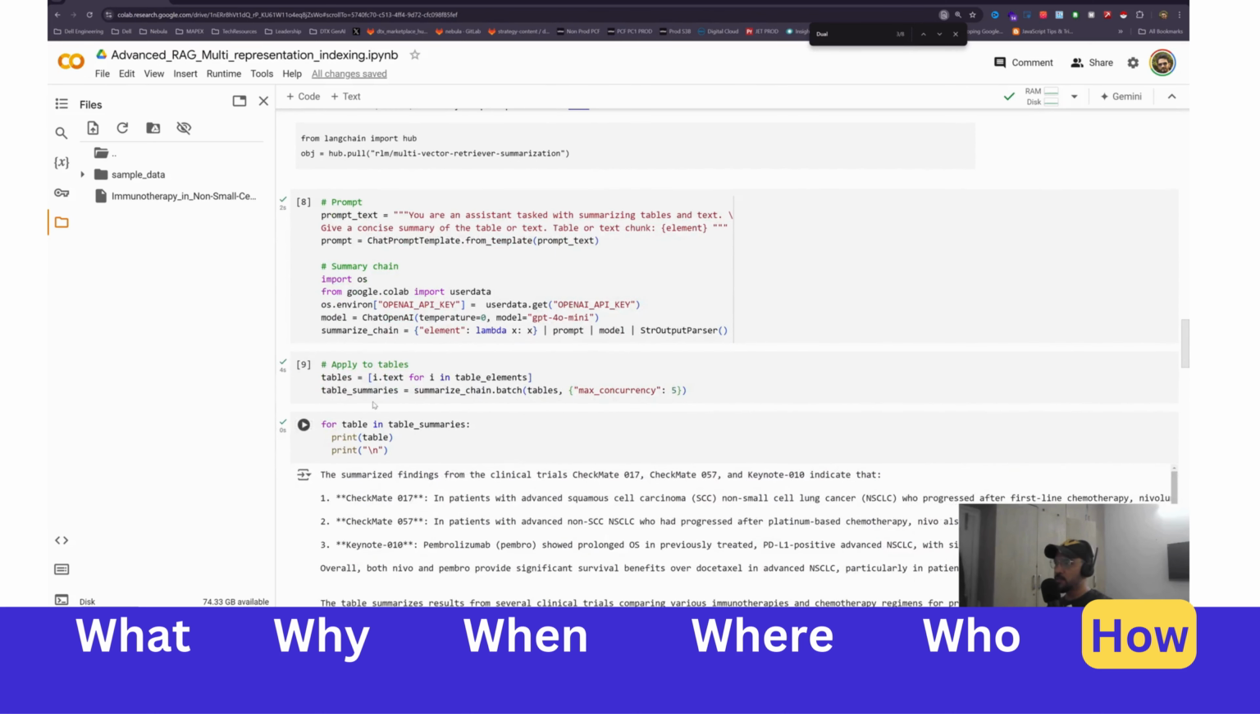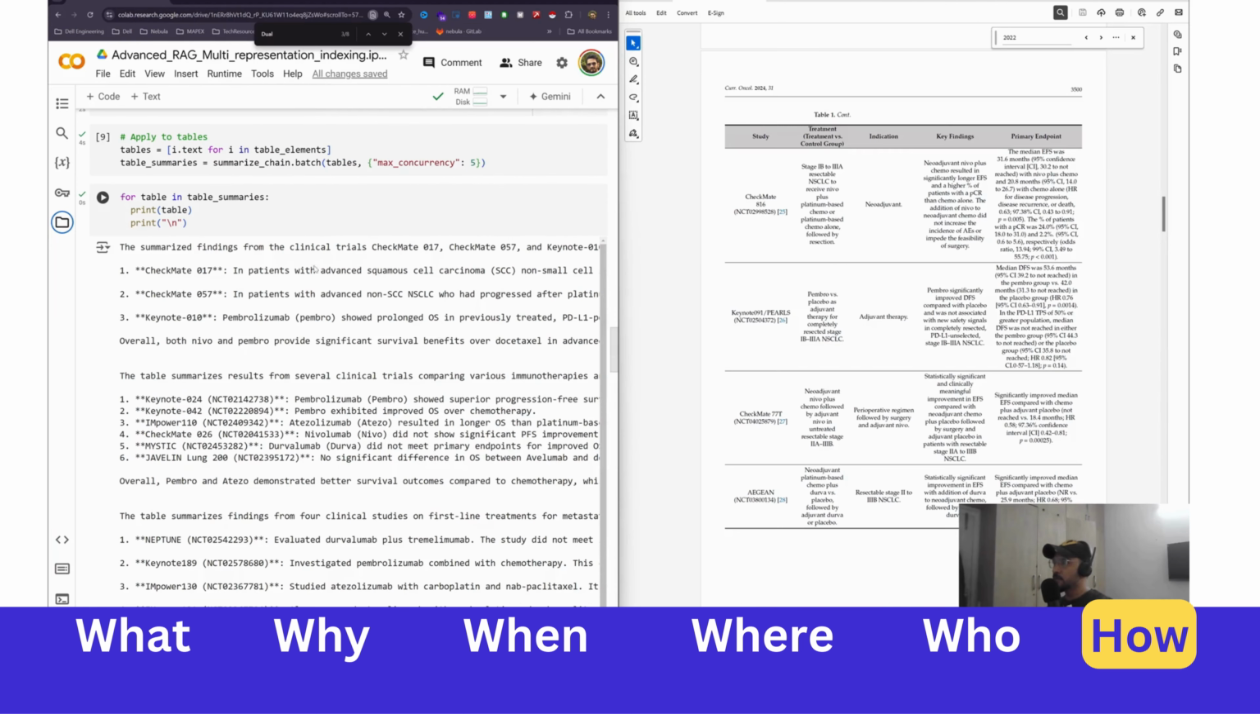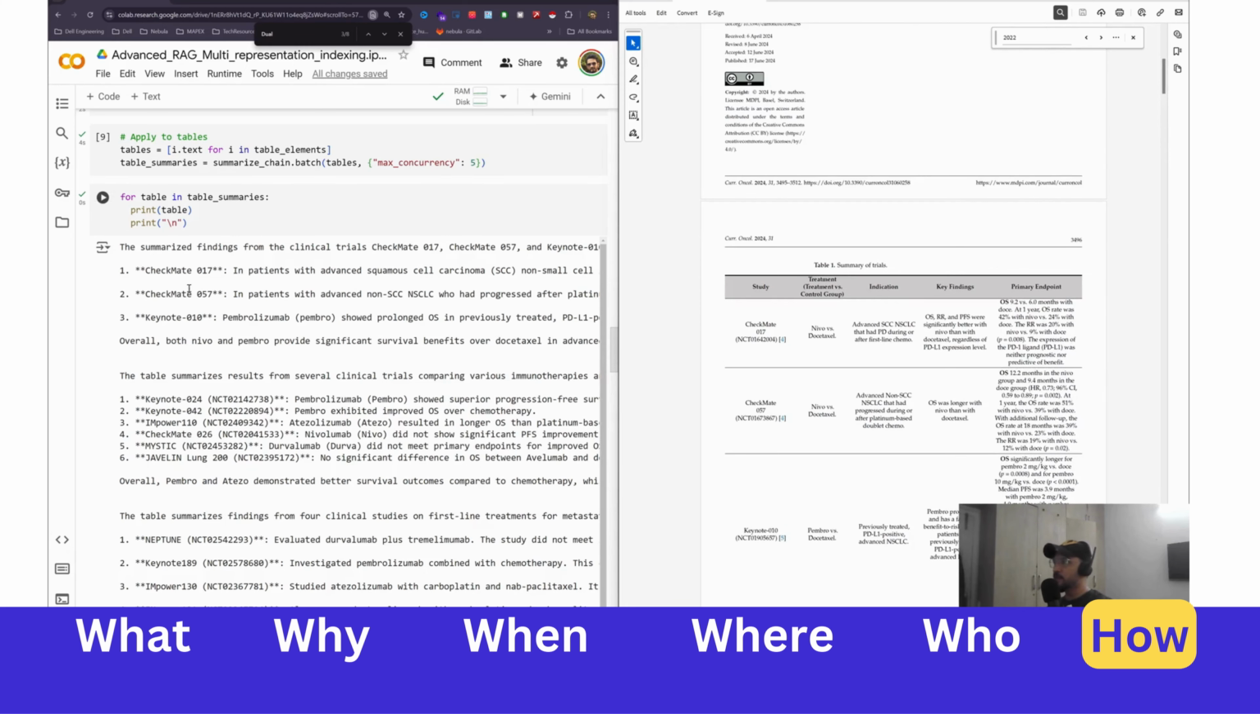And what we'll do is first summarize the table elements, and once this is run, this is how the table elements look. As you can see, it was able to summarize pretty much each row of the table, and also not just summarize but also expand on certain abbreviations that it found. For example, if you look at this, let me scroll up, I think it is the top one. Yeah, so if you look at this particular row, CheckMate 017, NCT something, it was able to take that